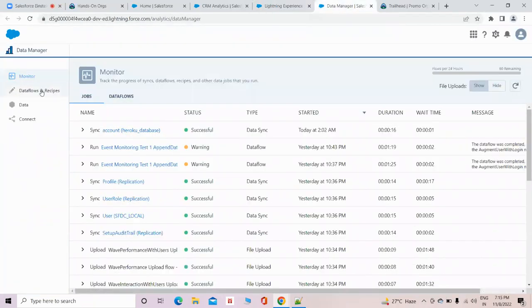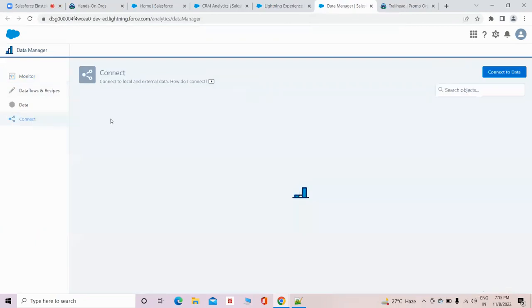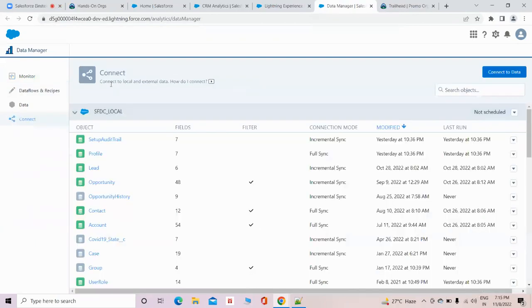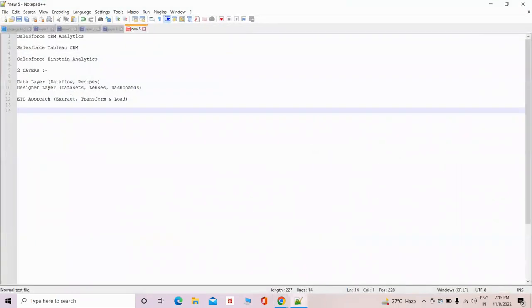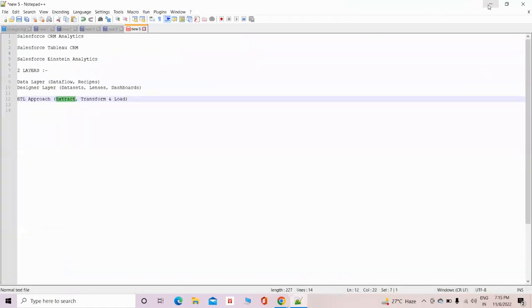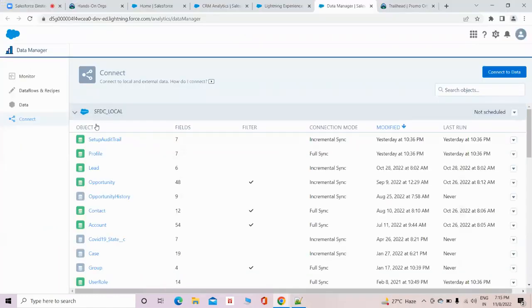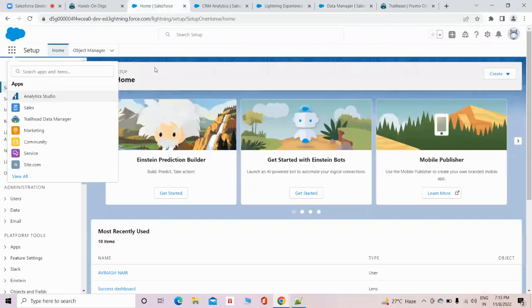So from here, there is one section called the connect section. At first, we said that we need to extract the data, so this is where you can extract your data. For example, in my Salesforce,